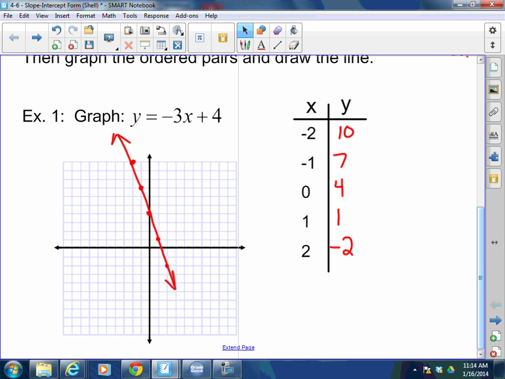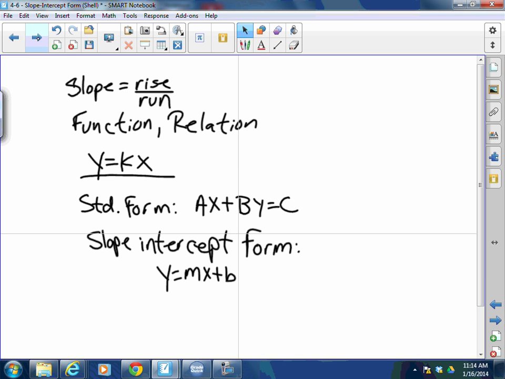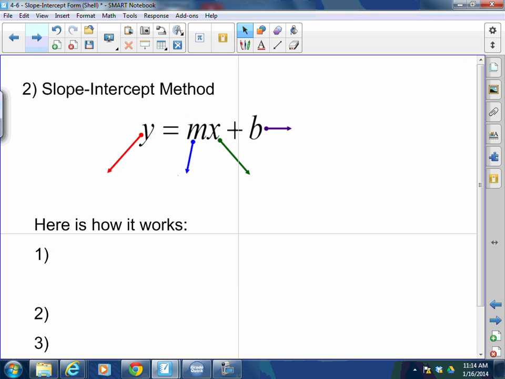That's pretty straightforward. You can use that if you want. It's not super efficient, and it's time consuming. And if you're not strong with addition and subtraction and multiplication, you could make a lot of errors. So because of that, we have a second method which we're learning today. And the second method is the slope-intercept method. In order to work with the slope-intercept method, you must really memorize the